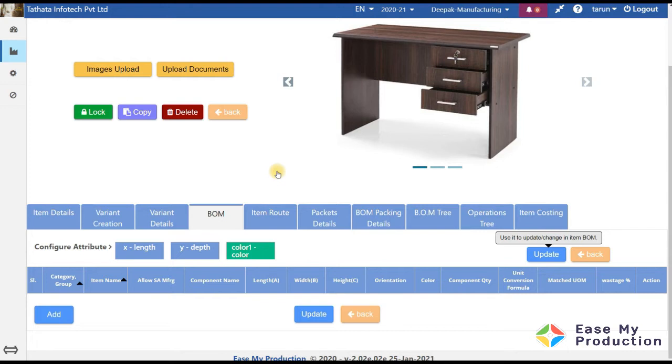So this eases our task to a very great extent. Instead of making a bill of material for 100 items, now you just create a bill of material for one item and the system will do the rest for you. So let me show you how.